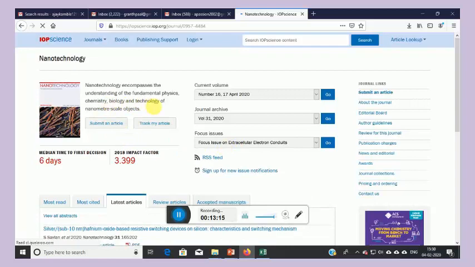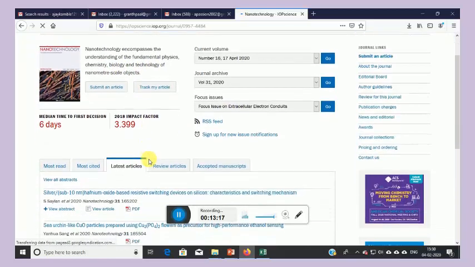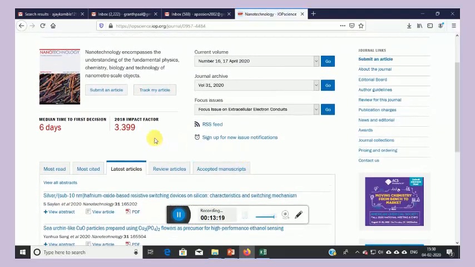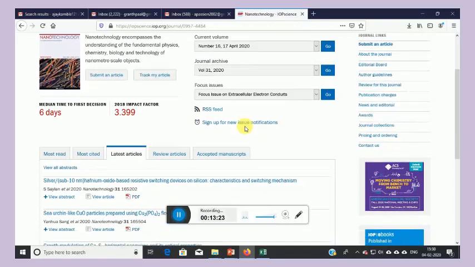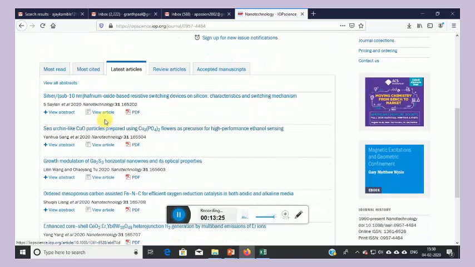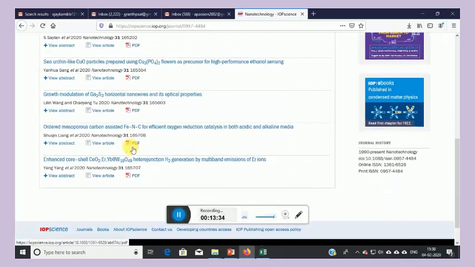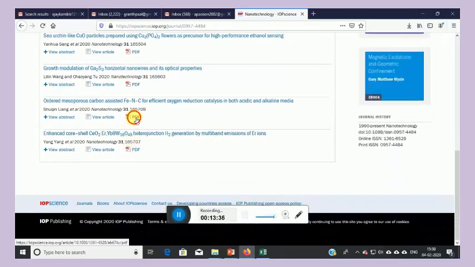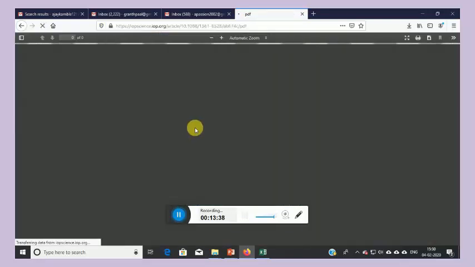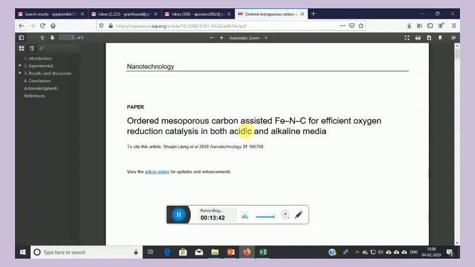This is the Nanotechnology journal. Okay, and its impact factor is 3.399, and these are the latest abstracts. The latest articles, full text articles, are also there. Let's check one of them. Okay, if we click on PDF, then we will get a PDF.